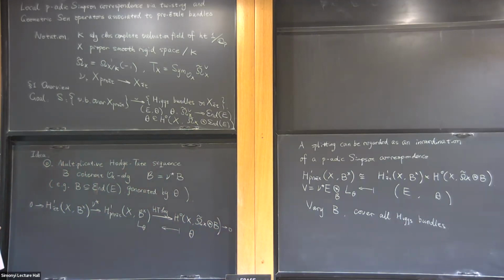If B were like a skyscraper sheaf, would this still be true? Sorry? A coherent O_X algebra, right, could be like a skyscraper sheaf at a closed point. I think this is true. Let me check his paper. Actually, it couldn't be that because the name is a vector bundle. But maybe. Right, I'm asking if the example is an assumption or an example. But I think he states that this is true for